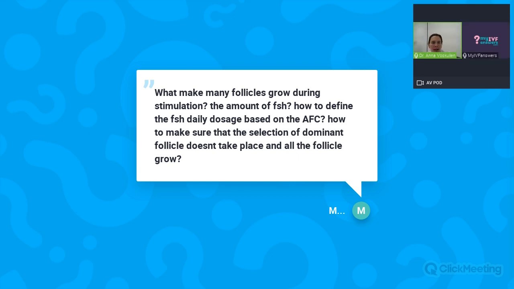So what we have in a natural cycle is FSH that makes a little bit different cycles grow when they are very small. But then these FSH levels start to decrease a little bit, and just the follicle that is the dominant one, because it has more receptors for the FSH than the other ones, is going to keep all the FSH, and this is the one that's going to be able to grow.